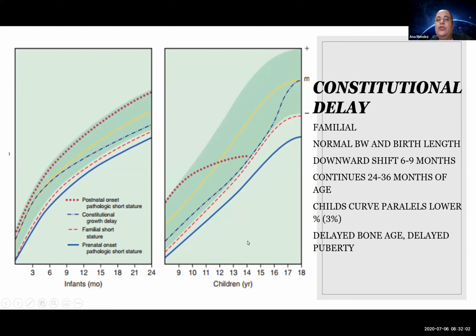So that's constitutional delay. If you have a postnatal onset pathological short stature, let's say any endocrine abnormality, be it hypothyroidism that is not well treated, adrenal insufficiency, whatever endocrine thing that can happen. Usually, they begin well,